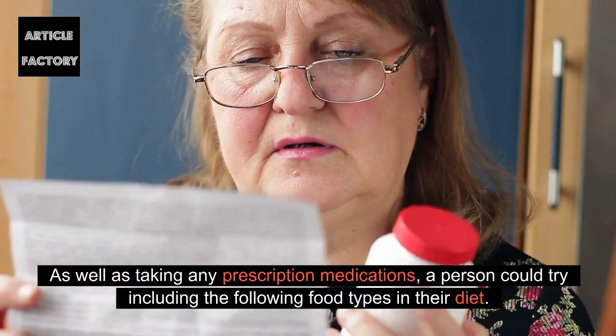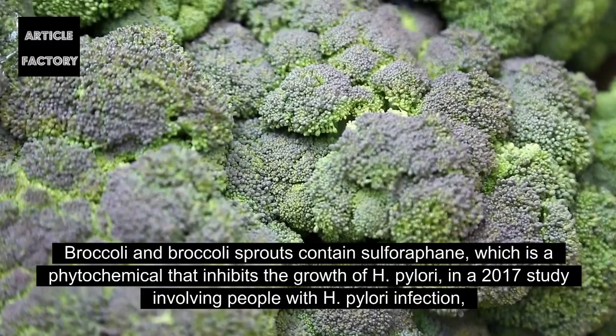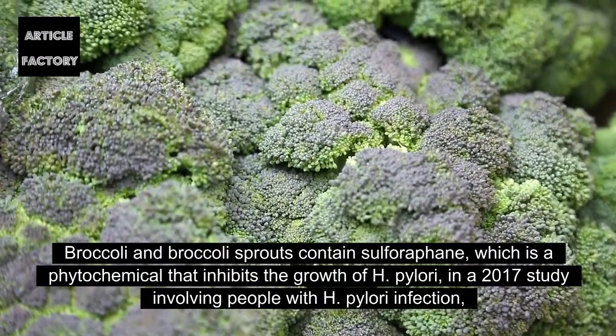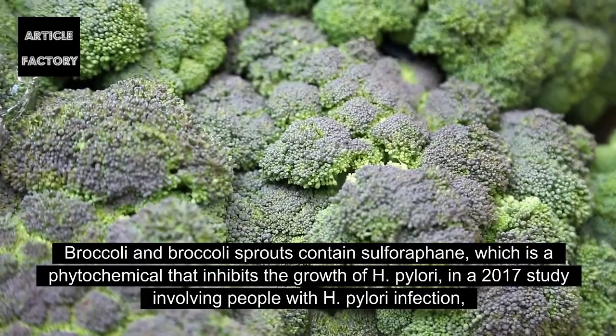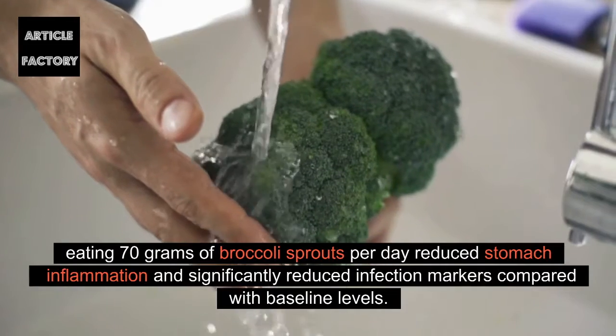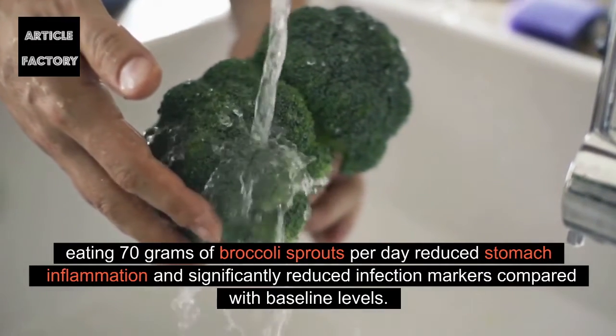their diet. Broccoli. Broccoli and broccoli sprouts contain sulforaphane, which is a phytochemical that inhibits the growth of H. pylori. In a 2017 study involving people with H. pylori infection, eating 70 grams of broccoli sprouts per day reduced stomach inflammation and significantly reduced infection markers compared with